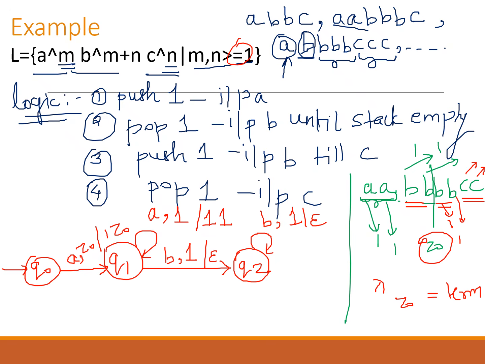Any number of B's. Until I have 1 on the stack, we keep on doing a pop operation. But as soon as we get a B, but there is Z0 on the stack, that is, the stack is empty, in that case we'll just transit to the next state, say